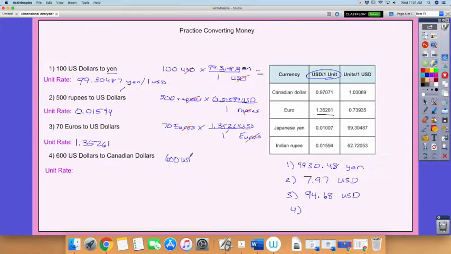So I'm putting USD, and we're converting it to Canadian. Since USD is on the top here, USD needs to be in the denominator there. And Canadian is what's going to go in the numerator, because that's what we're converting to. So in this problem, since USD is in the denominator, we're going to go back to the second column, where it tells us that our unit rate is